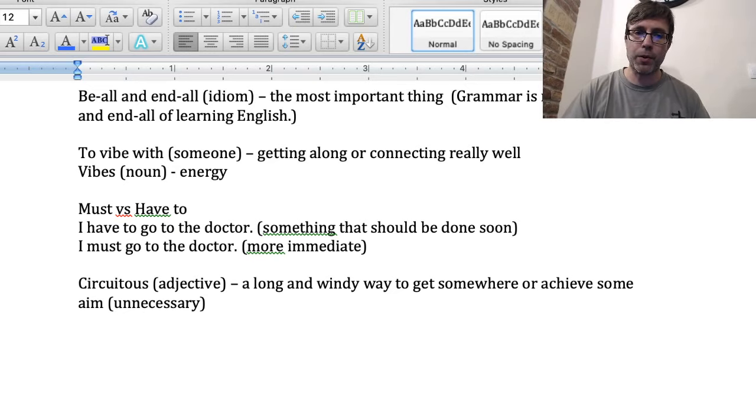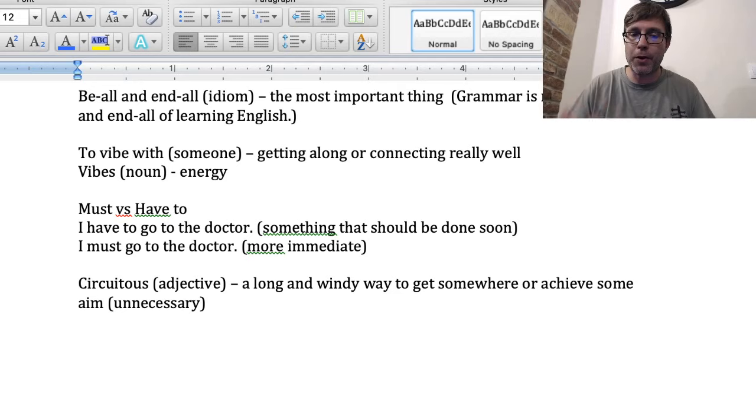So for example, if you are traveling somewhere and you don't take the direct way, maybe it's more beautiful, it's more scenic. You could say, yeah, we took a circuitous way to get here. Or perhaps sometimes I would use it if people get lost. If I get lost and you're driving all around, once I get there, I'd say, yeah, we took a kind of circuitous way to get to this location.